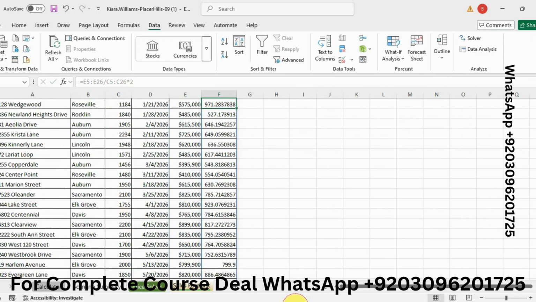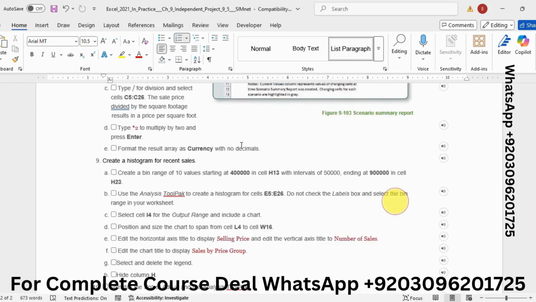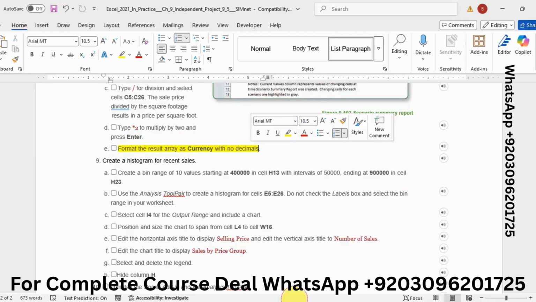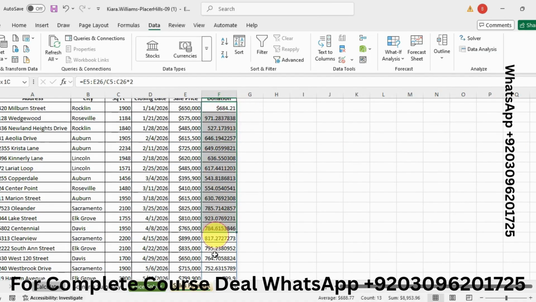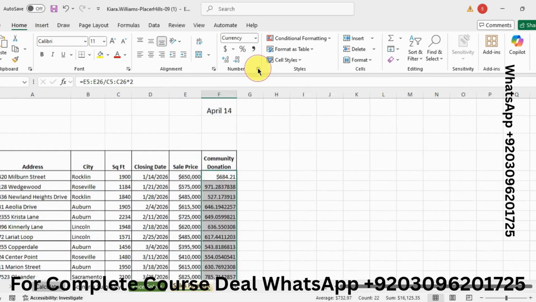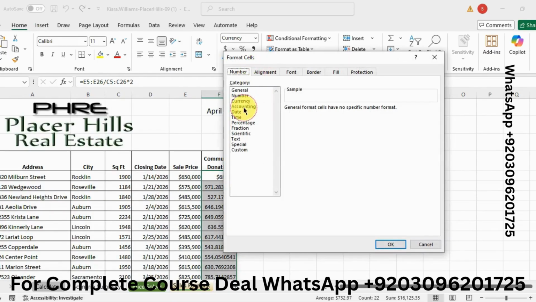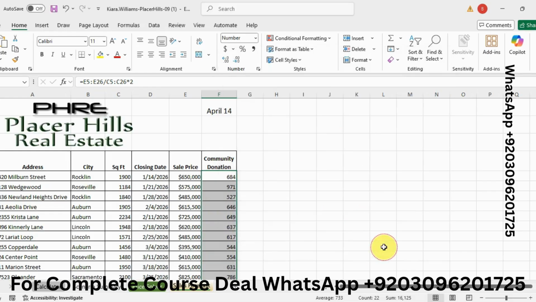So I got the value, and now format the result array as currency with 0 decimal places. So I need to select it, click on the Home tab, Number Format, Currency with 0 decimal places, and then click on OK.